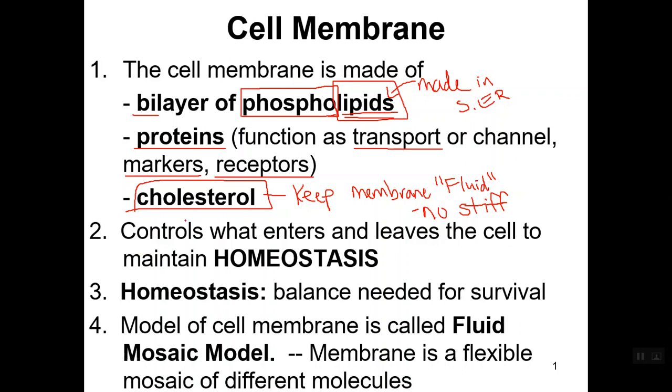All right, as a whole, the cell membrane controls what enters and leaves the cell. It's like a boundary between the inside of the cell and the outside. It separates the internal cellular chemistry from the external environment, and that helps the cell maintain homeostasis. Remember, that's just a balance of something needed for survival. It could be a balance of salt, sugar, pH, whatever the cell needs to keep the same inside